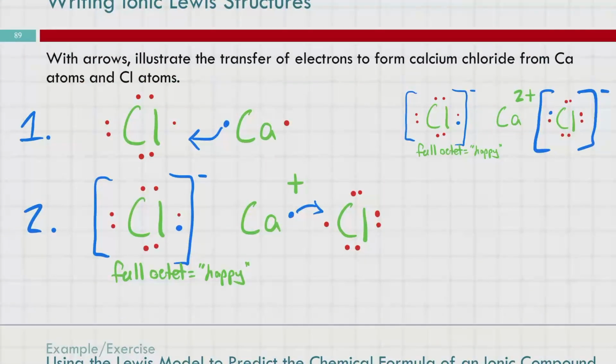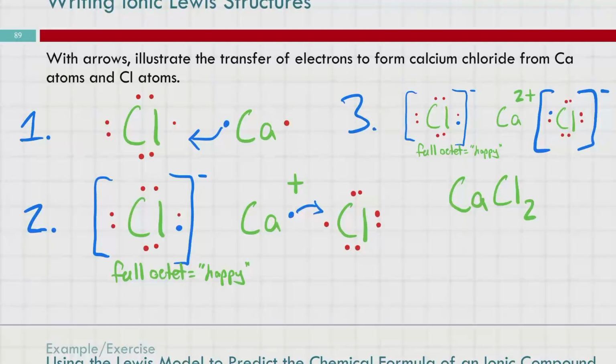Oh, also the thing that we get out of this is this predicts, since chlorines are both happy and calcium's happy, what our ionic compound formula would be. And I need to write a number 3 so we know what the order is. We've got calcium. How many calciums do we have? Just one. How many chlorines do we have? 2. So CaCl2